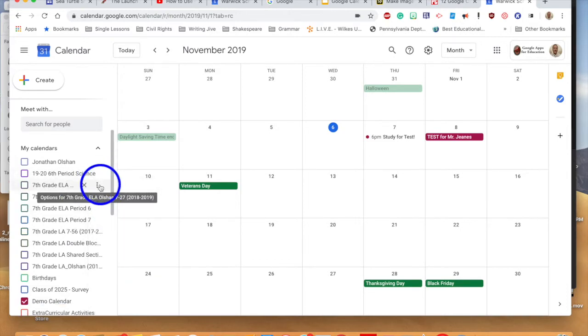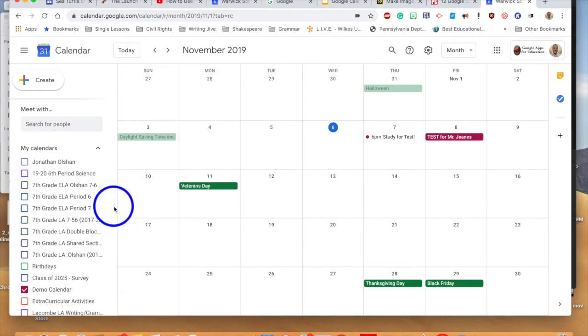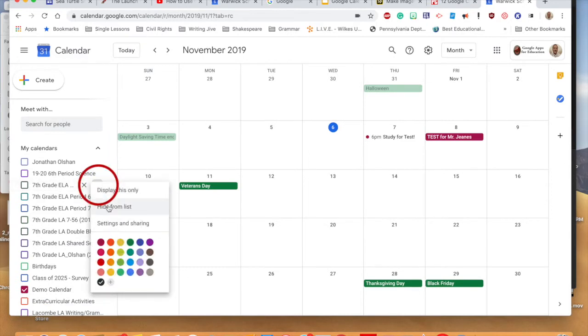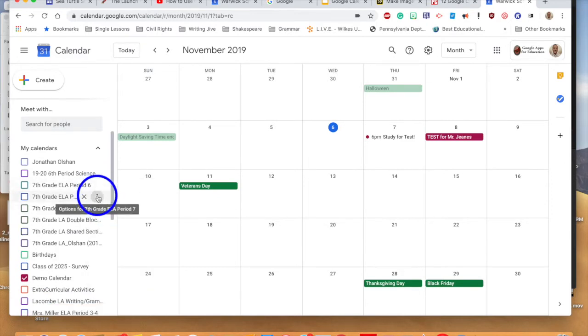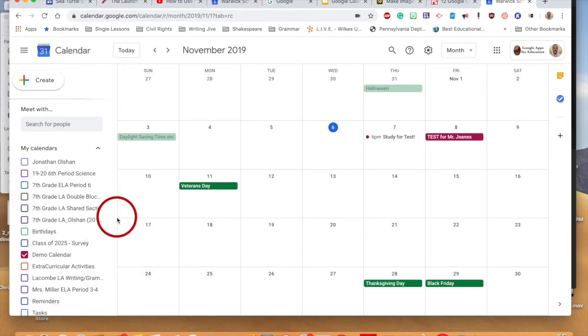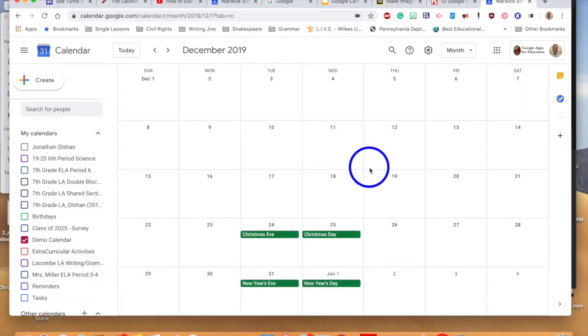And that's not going to permanently delete those courses. All it's going to do is simply remove them for now so that I have a little bit less clutter in my Google Calendar section. And that way I don't see all these random courses that I really don't have any use for at this point anymore. That's interesting. If you do want to get those back, you simply have to go to the setting